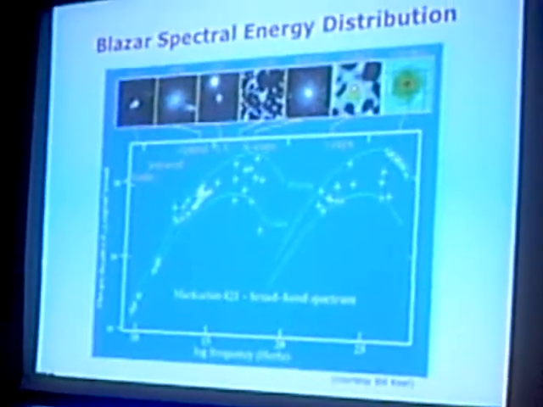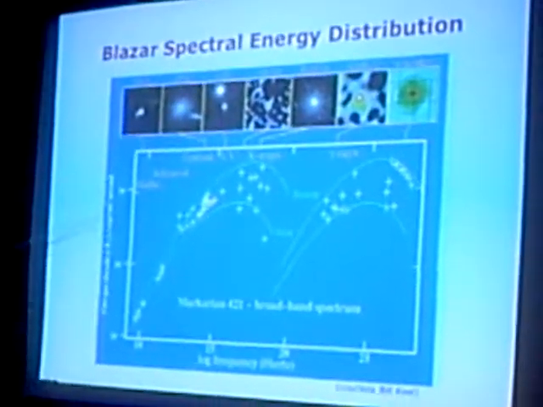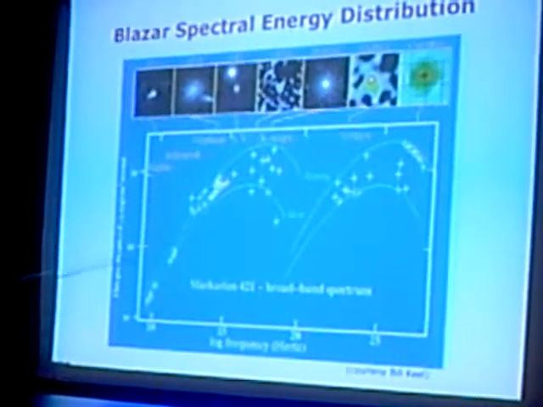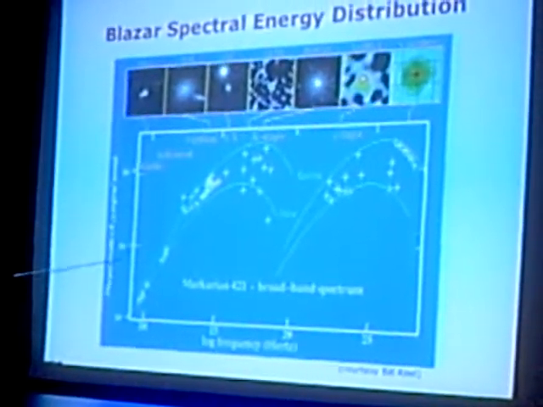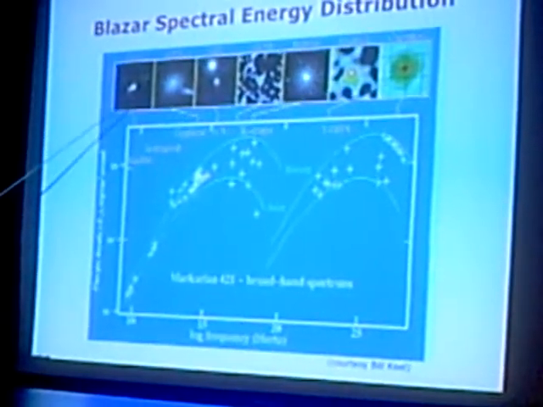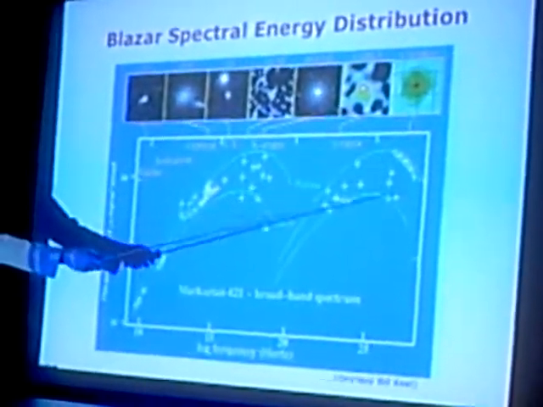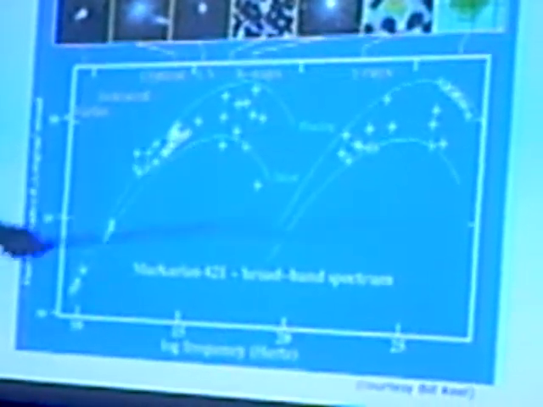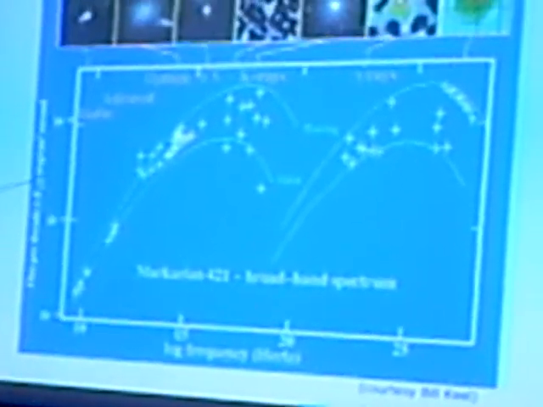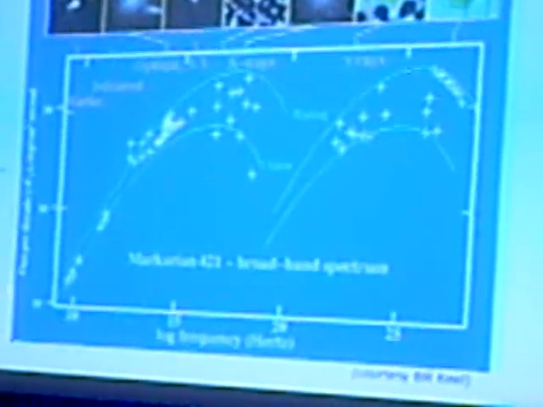We call them blazars. They are characterized by a double humped spectral energy distribution, and I actually kind of like this slide because it shows the images of Markarian 421 across the set of wavelengths. So the spectral energy distribution is characterized by this double hump, the gamma rays being up here, and the basic idea behind this is that in these jets, there's very large jets that are driven by the accretion power in the AGN,